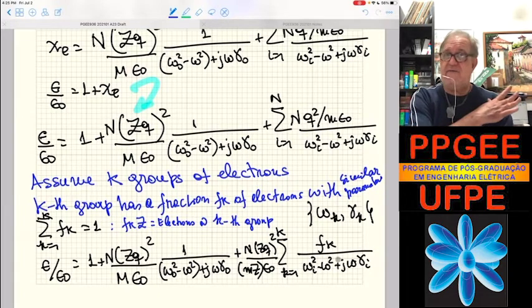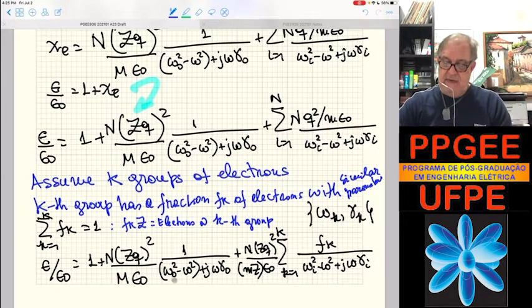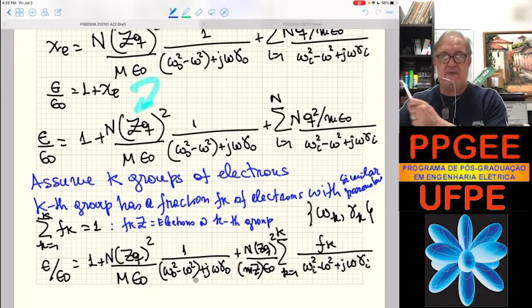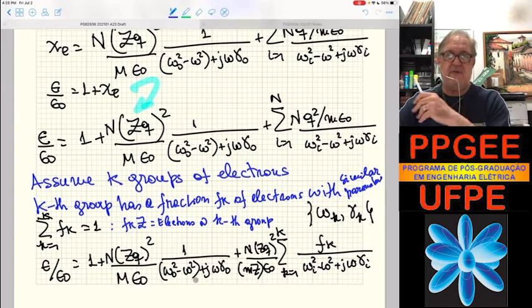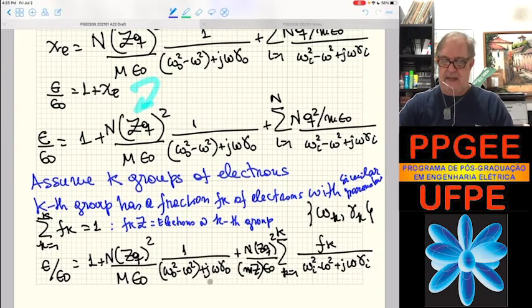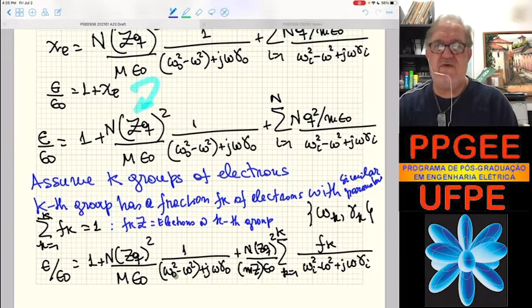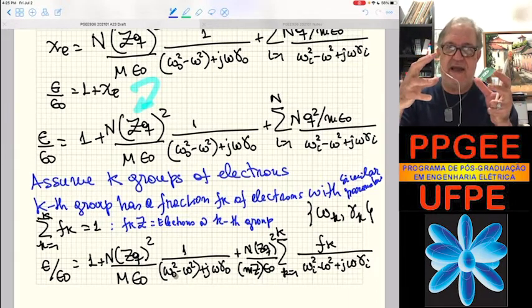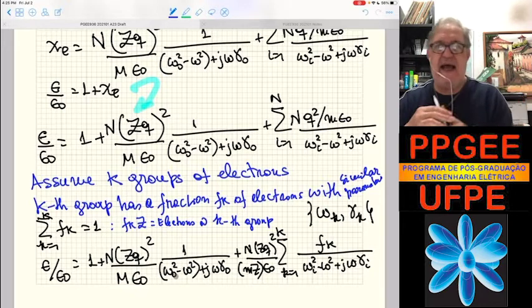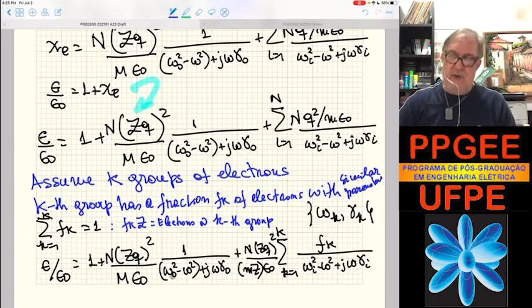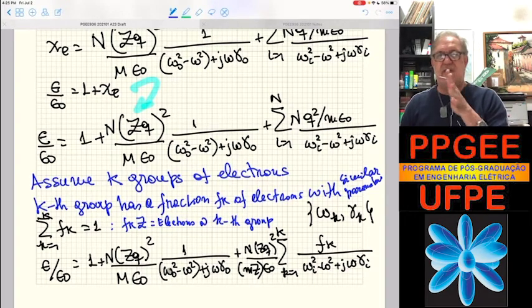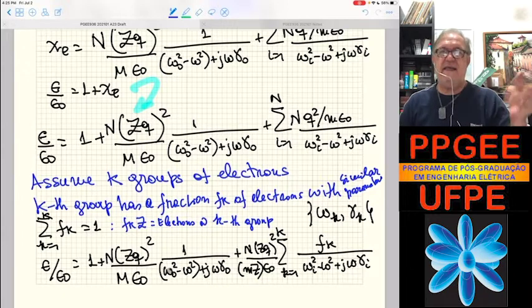So I have different regions. In fact, we have different frequency regions, different resonances across the electromagnetic spectrum. That's the response of the material to the passage of an electromagnetic field. You see that omega 0 has to do with the restoring force of the nucleus, which is heavy. So the nucleus has a higher inertia, and therefore a low resonance frequency. So the nucleus has contributions, let's say, ionic